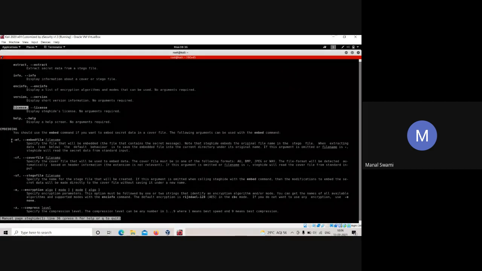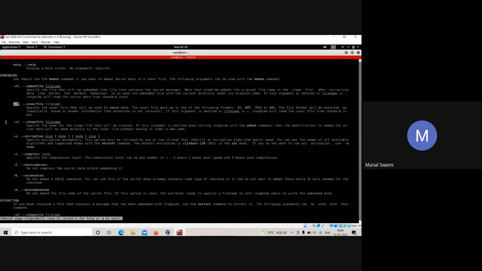Then hyphen ef is used when we hide the data; it takes the name of the file that should be hidden. And then cf is our target file. Target file means the file in which we want to put our data. When we extract it, we use sf.